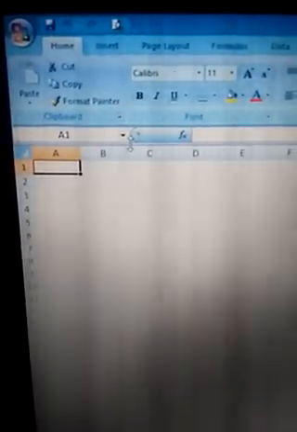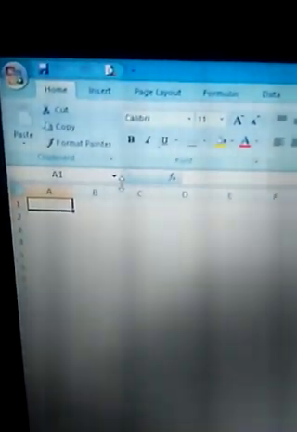And then the ribbon: you will see this ribbon has the home tab, insert, page layout, formulas, data, review, and view. This is all your ribbon. Book1 - Microsoft Excel is written on the title bar. This is known as the title bar, and the quick access toolbar is also located on the title bar. Book1 is the default name. When we save this file, this name will change from Book1 to the name that you specify.